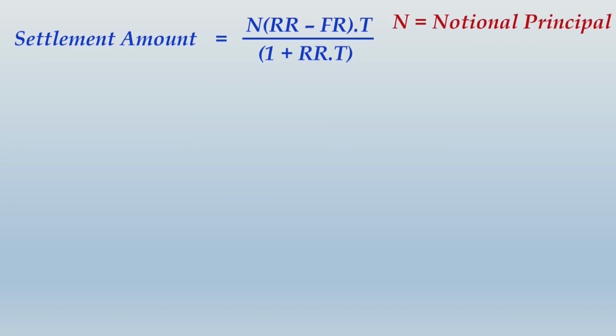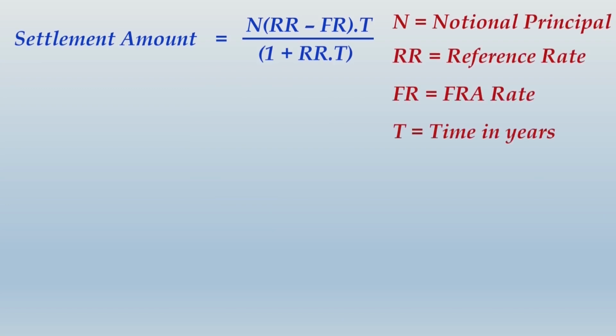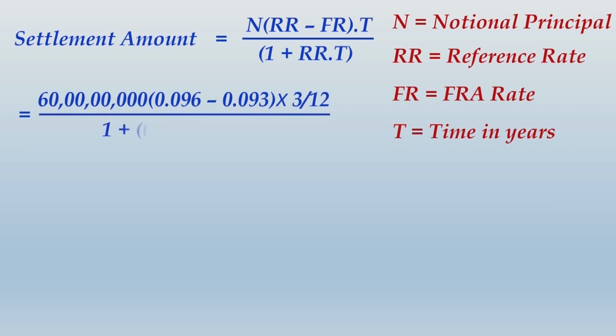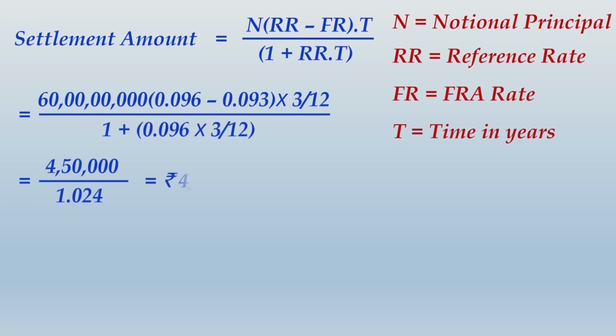In the solution, we would first write up the settlement amount formula. We would define all these variables exactly the way we have seen in the earlier example, and then substitute the value of each of these variables in that formula and make the calculation and arrive at the settlement amount. This is what you find as the outcome of case 1. So case 1 results into a gain of rupees 4,39,453.